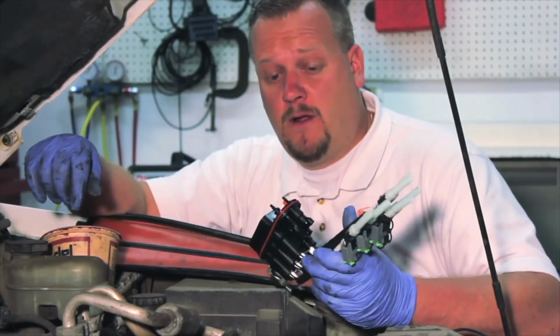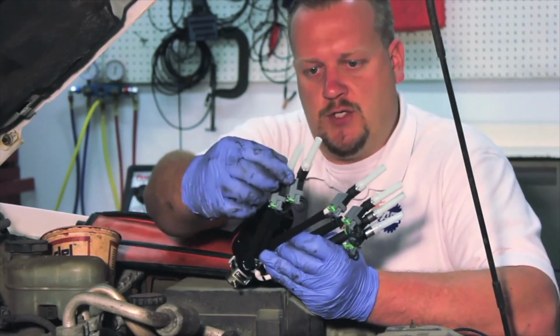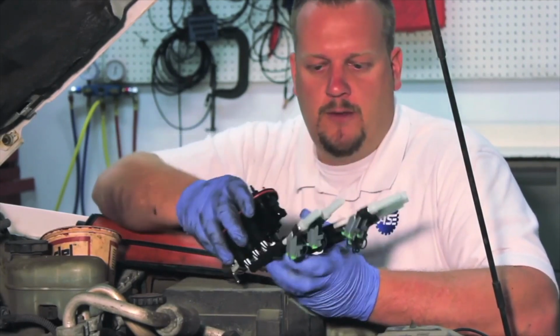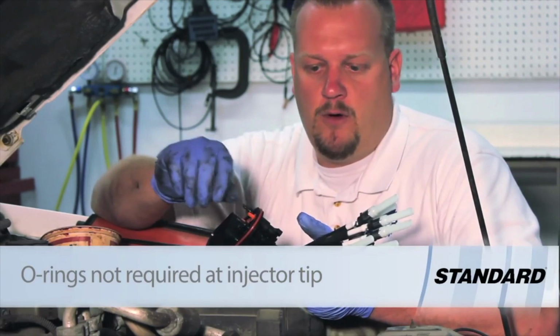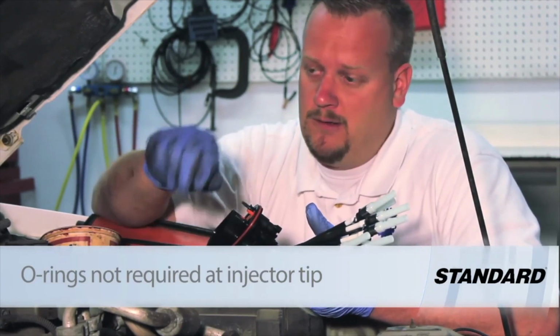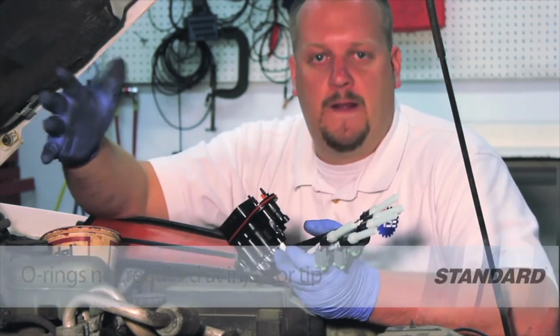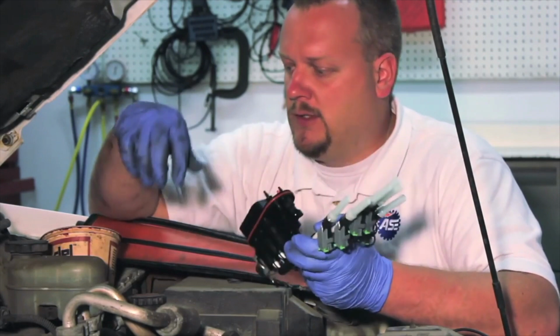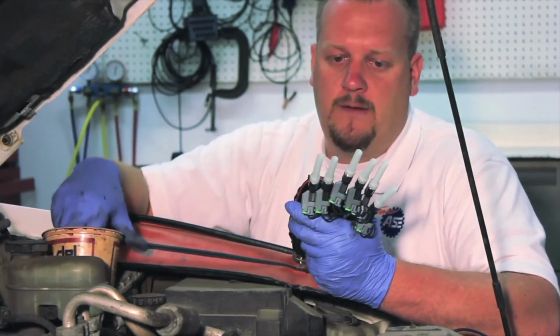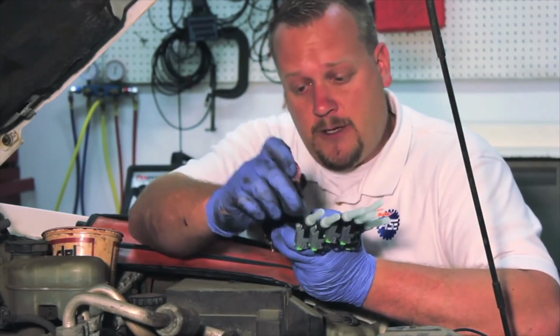Alright, before we install our new injector unit, once again, you can see that the injector is actually at the end here, so we're doing a complete one-piece unit. As I said before, these are available individually, but we've already got two of them bad here, high mileage vehicle. We don't want to go back in and replace the other a week later, so we've decided to replace the complete unit here. But we need to do a little bit of lubrication on these tips here,